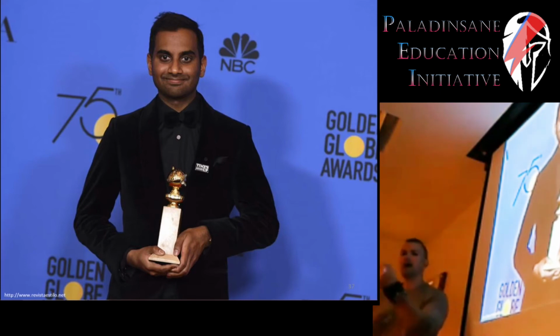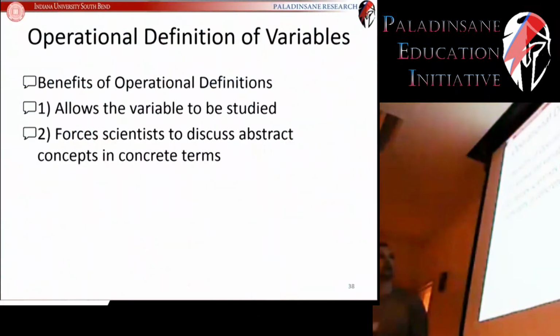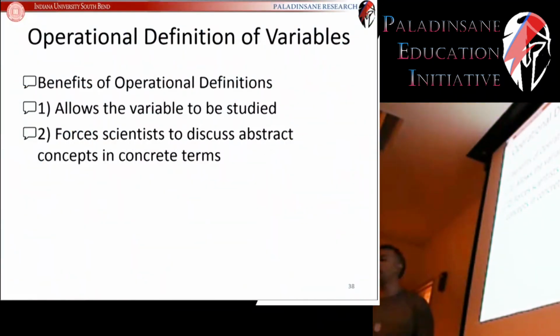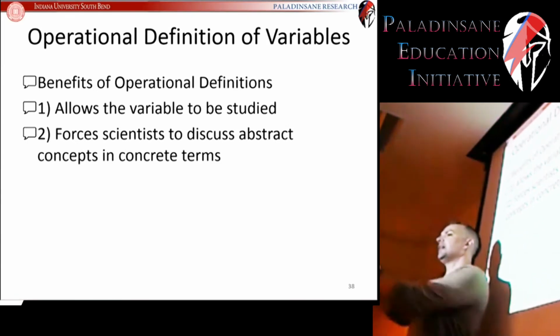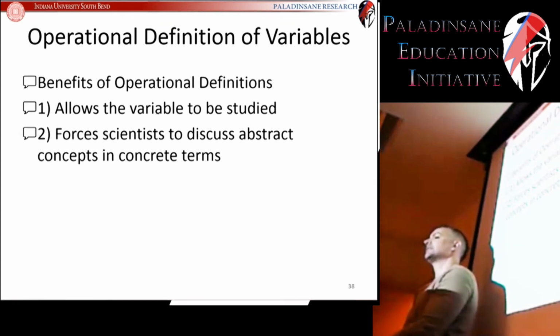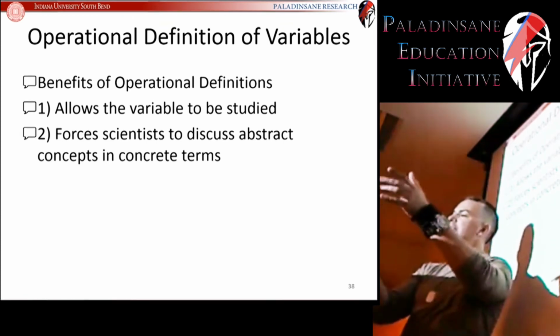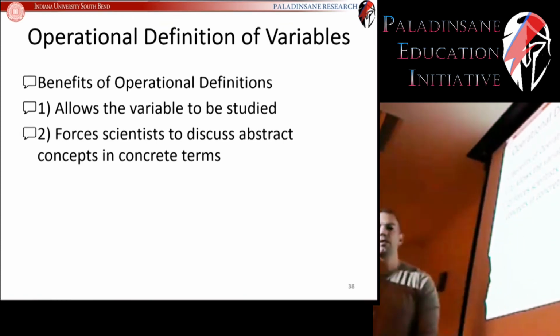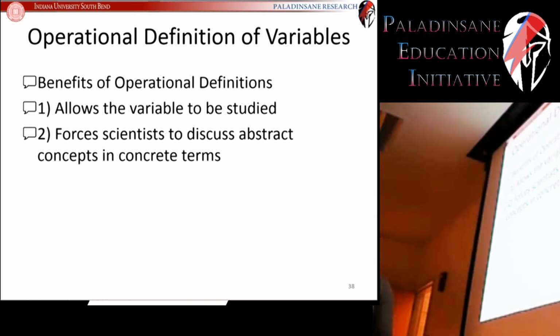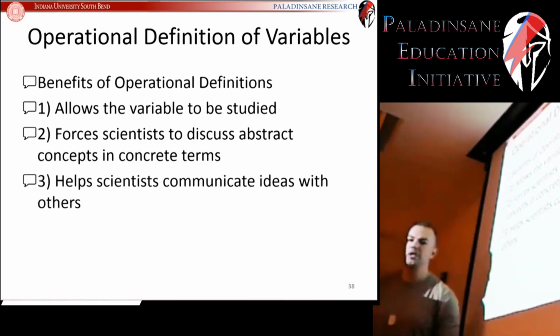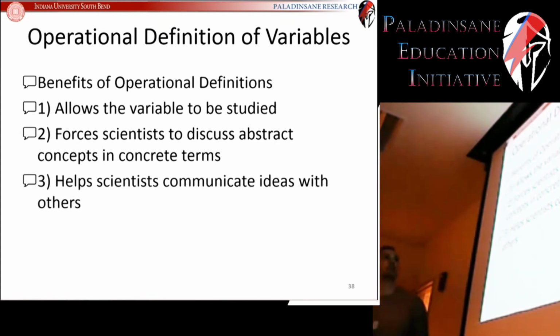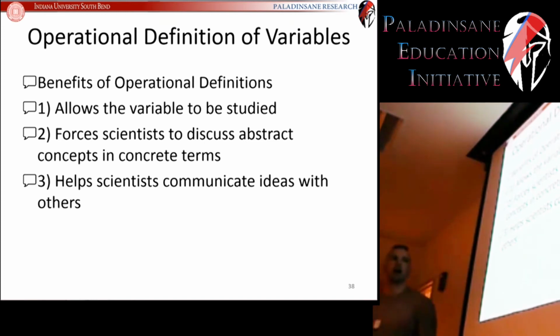So people had a hard time figuring it out because they were not clear about those abstract concepts. They were not clear about the abstract idea of this is assault, this is consent. They were not clear enough about that to say whether or not his behaviors fell into one camp or the other. All right, and the last thing about operational definitions that makes them very beneficial, very useful, is they help